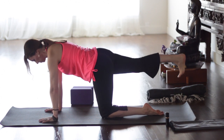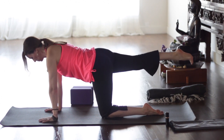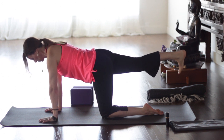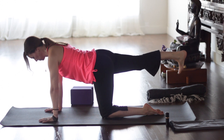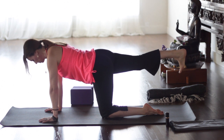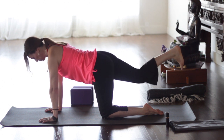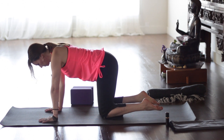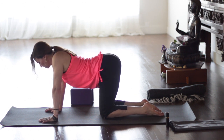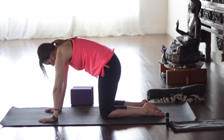Now we'll lift it straight up. As you lift it straight up, make sure that your lower back doesn't begin to overarch. You can point the toes straight to the floor, and that'll help keep your hips level. Or if you want a little more extension, you can reach to the ball of the foot, but continue to drop the right hip down. Let's release that. And now we'll do the left side,